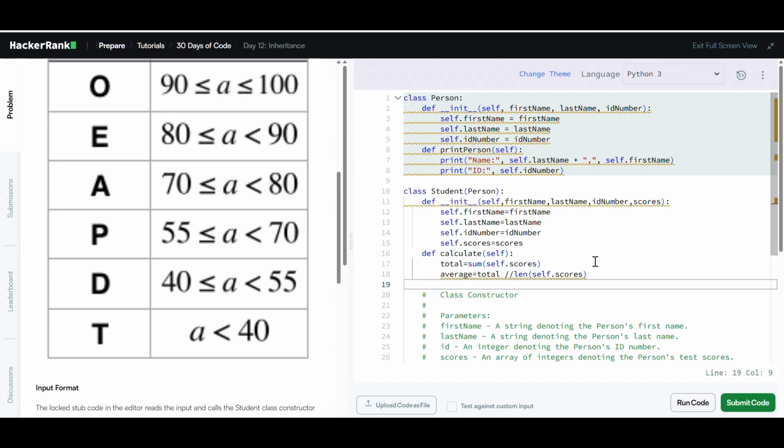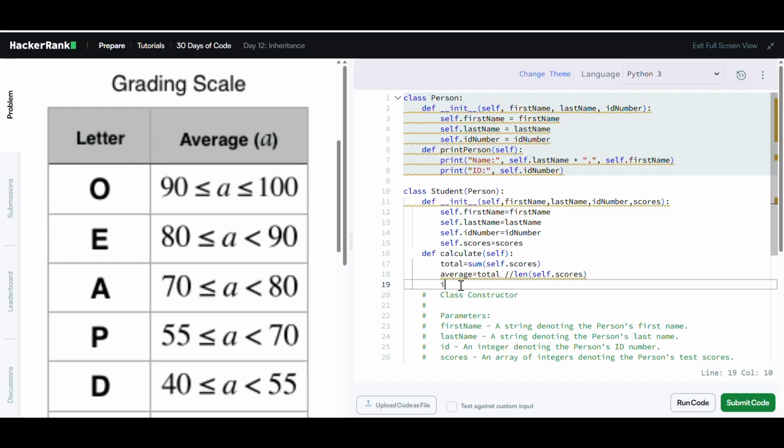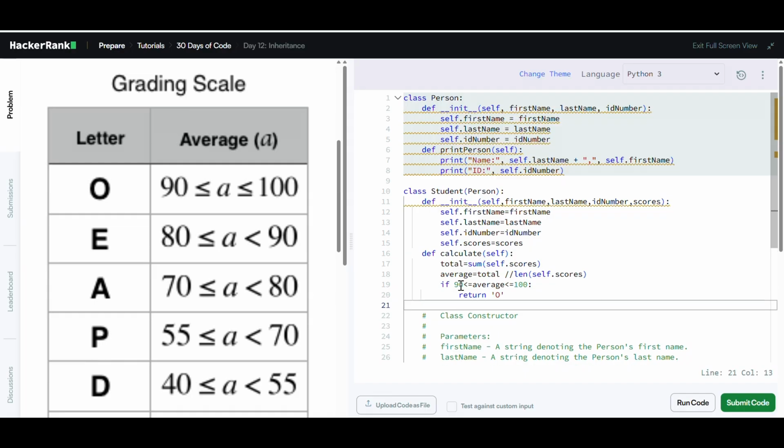After that, we need to write the conditions for the grading scale as per this grading scale. If 90 less than or equal to average less than or equal to 100, return the grade. We will write this for all the conditions.